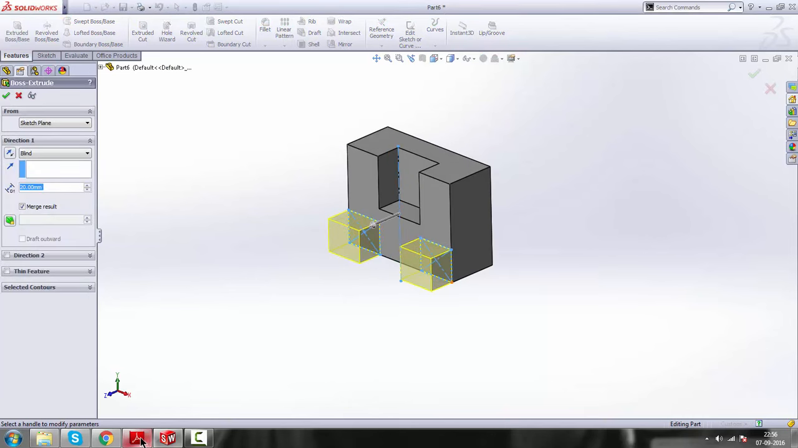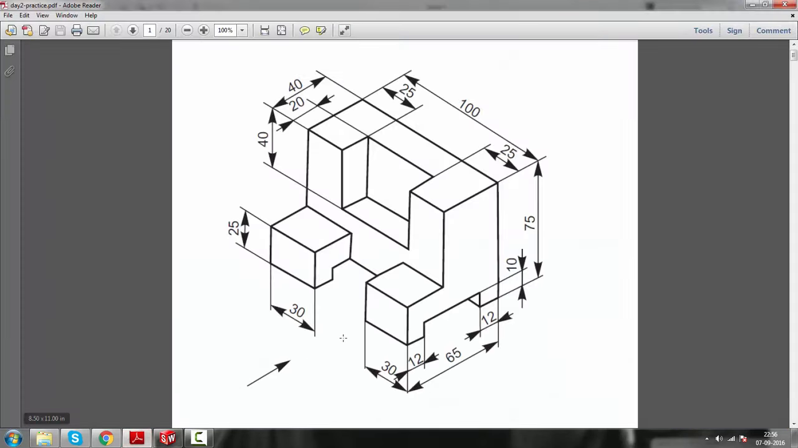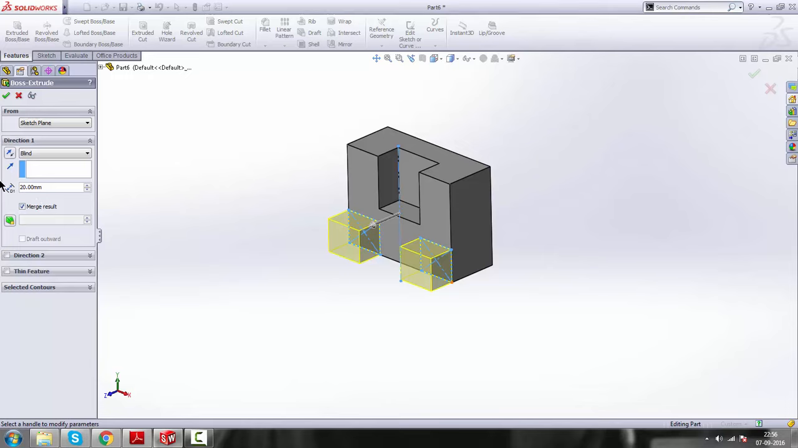So the extrusion is, they haven't provided the extrusion, but we will do the maths. So the extrusion of this block was 100, not 140. As you can see here, it is 40, and this total extrusion is 65. So we will subtract 40 from 65. So we'll do the maths here. 65 minus 40 is 25. Click OK,